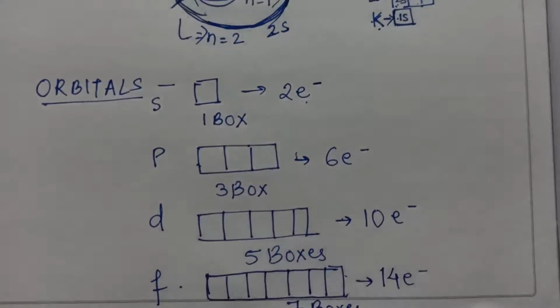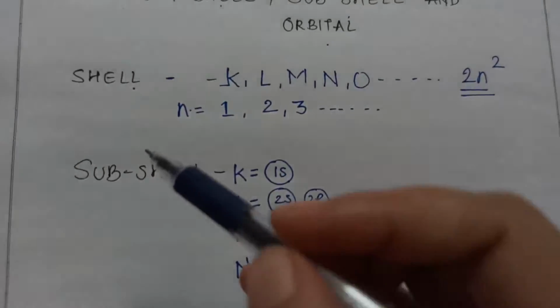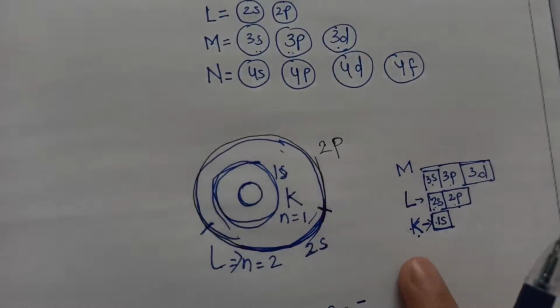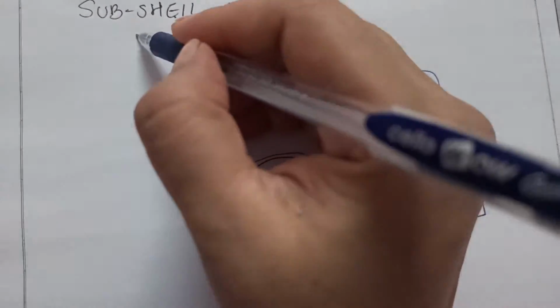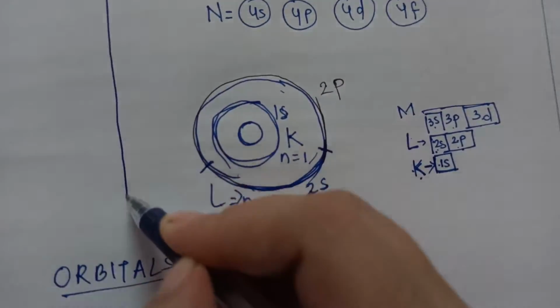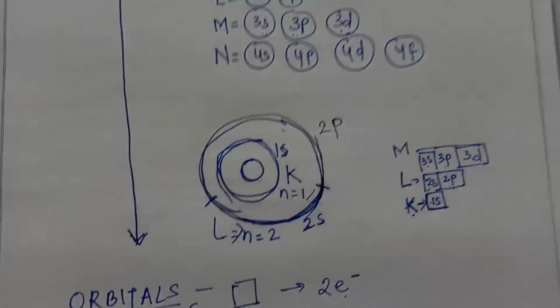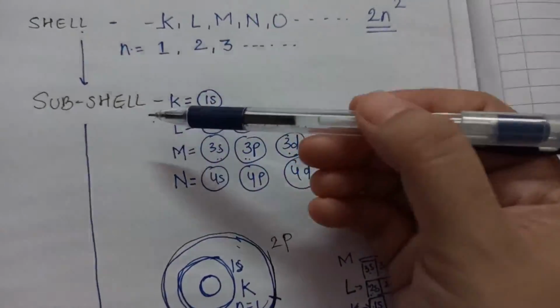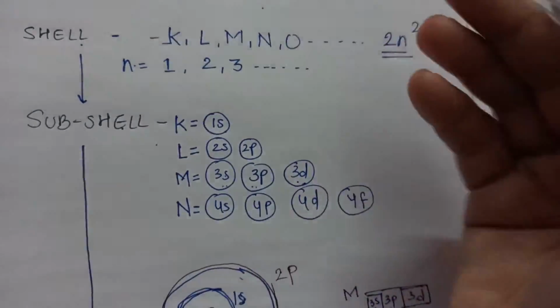Now what is this? I told you shells have subshells inside them and I explained with this example. Then further, subshells have orbitals inside them. Right? It means orbitals are inside subshells and subshells are inside shells. Now let us take an example from daily life so that you can imagine this. As I have given an example of a building just now, I am repeating that example to make the point more clear.